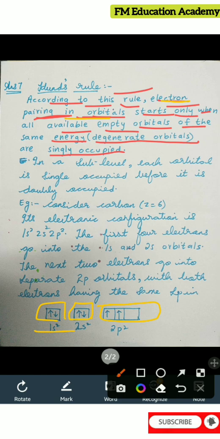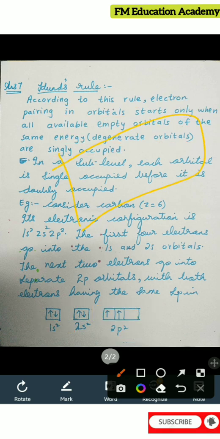Orbitals of the same energy means, for example, we have 2p. In 2p, how many boxes do we have? 3 boxes, you know this. So since it is 2p2, here I have 1 electron in 2p and another electron again in 2p. But actually, what should have been the case? It should be like this, right? 2p2 is there. First, this box should get filled and then it should enter this orbital.